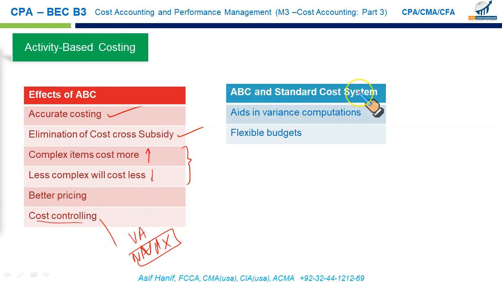Then ABC and standard cost system. Standard cost system we'll discuss in our next section. Standard cost system is a detailed system in which we establish the cost of materials that should be incurred in producing a good, labor hours, labor cost. It's a detailed process. So basically ABC is a natural extension to standard costing. We will use standard costing and ABC to establish budgets, and using those budgets we will compare our actual performance with the budget. It will result in variances, either favorable or adverse. It's all coming in our subsequent studies. We'll discuss in detail. So it will help us establish budgets.